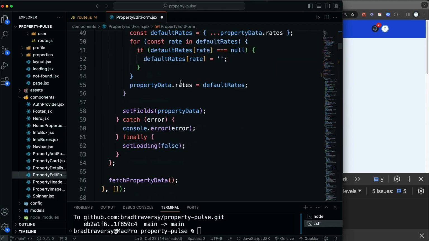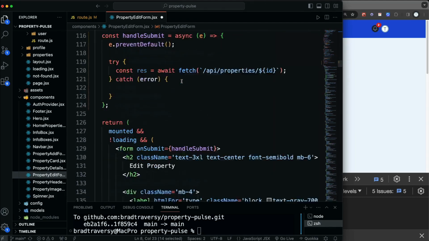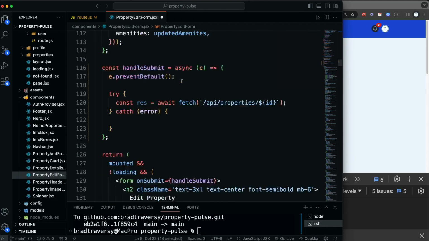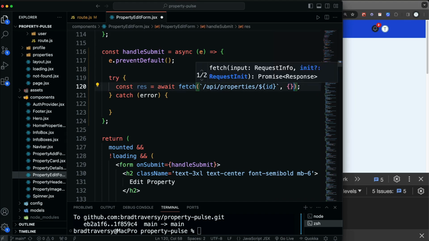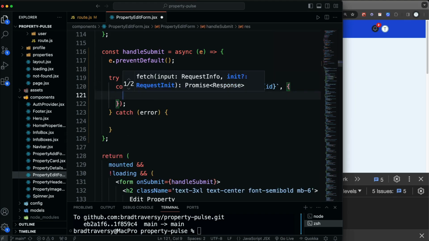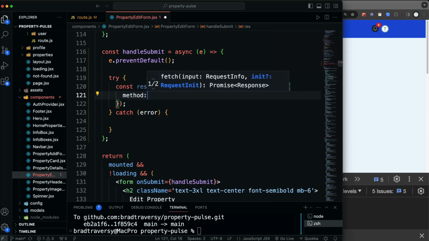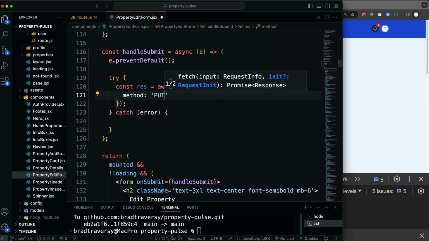All right, so let's see. Back in the handle submit, this will make a GET request. That's not what we want, so let's add in an object here, and let's set a method of PUT, and